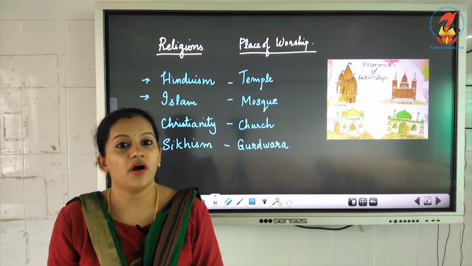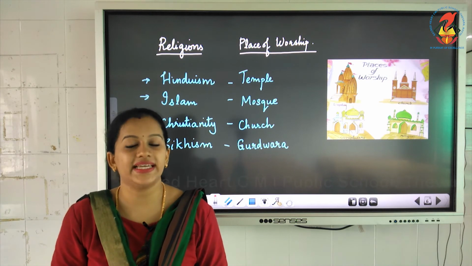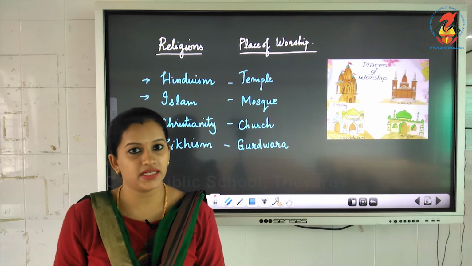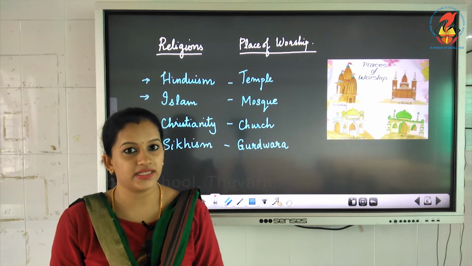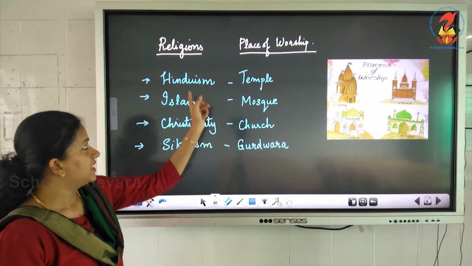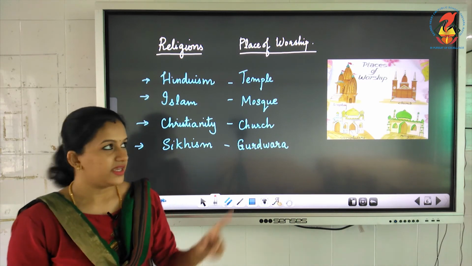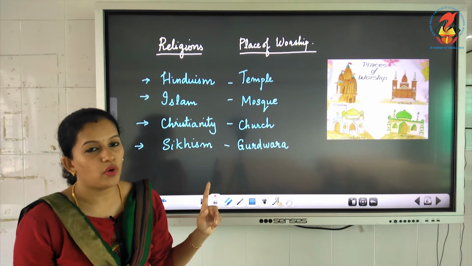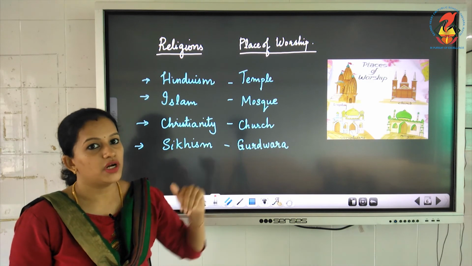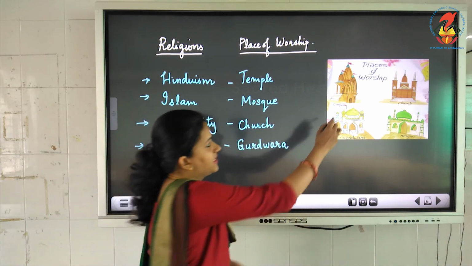So let us learn about the religions in India. Which are the major religions that you see in India? In India, people follow mainly 4 major religions. Only the 4 major ones are discussed in your worksheet. The first religion is Hinduism. It is one of the religions that people follow. The ones who follow Hinduism are known as Hindus. And the place of worship of Hindus, you all know that it is the